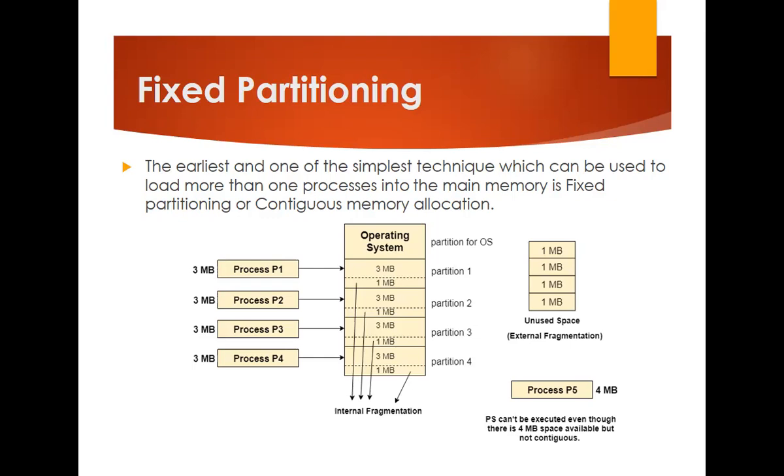So one of the simplest techniques which can be used to load more than one process into the main memory is fixed partitioning, or contiguous memory allocation. Okay, what is fixed partitioning? In fixed partitioning, our partition sizes are constant. I mean, when I create a partition, I can't erase it. So, as you see,